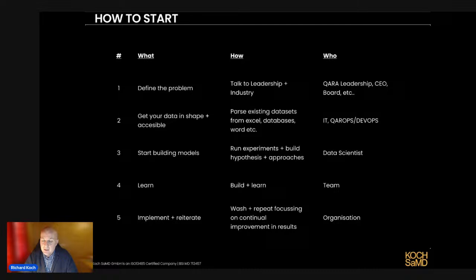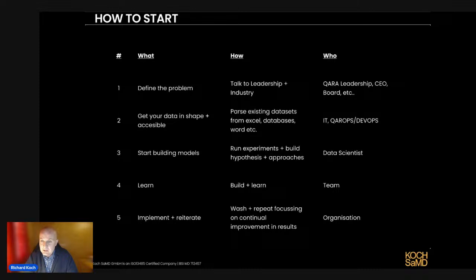So how would you start? So the first one, we define the problem or define the questions. What do I want to know? Like I said, is my quality management system logical? Can an AI find its way through all the steps and end up at the conclusion it should? How efficient am I as an organization, right? Or how efficient are my teams? And then start to look for the differences between the teams.